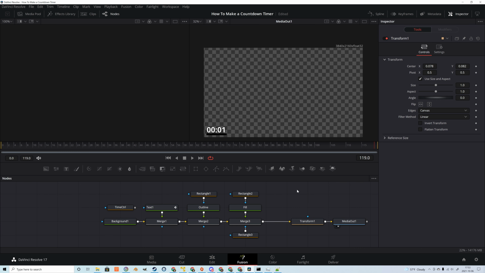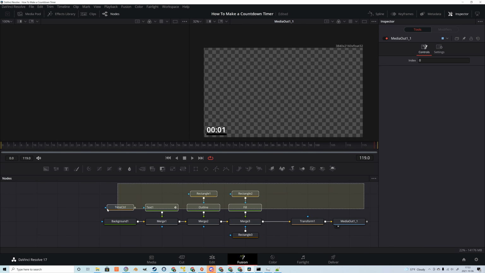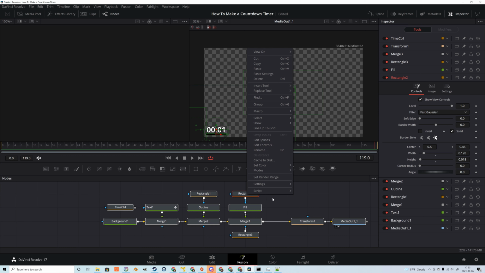The last thing I want to do is to make this reusable so that I can drop it in wherever I want in any video. So I don't know if this is necessary, but the first thing that I found that works is to rename media out 1 by maybe adding an underscore, hit OK, select all the nodes, right click, settings, save as,